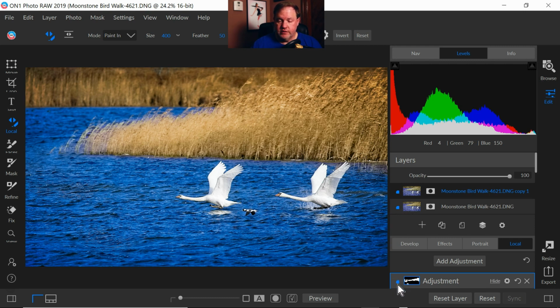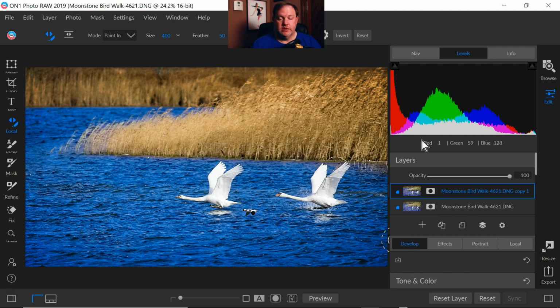So on the layers, if I click that little blue spot, or this little blue spot, all right, that's before, and that's with the burning effect. So it was a little slow to come in, but like I said, my computer's also recording at the same time. So I'll go back to develop,